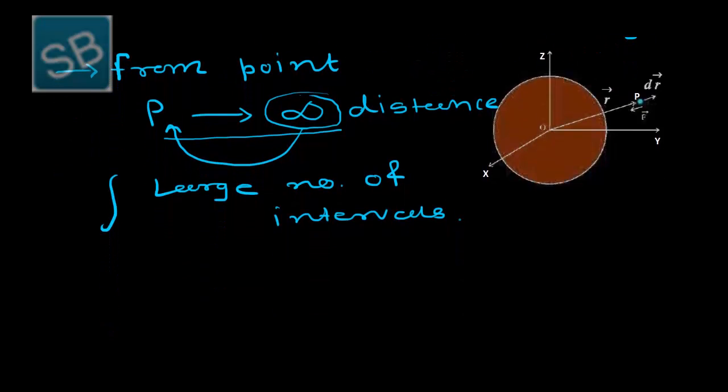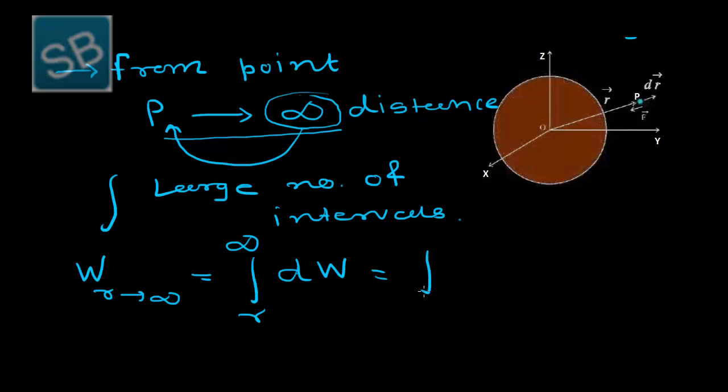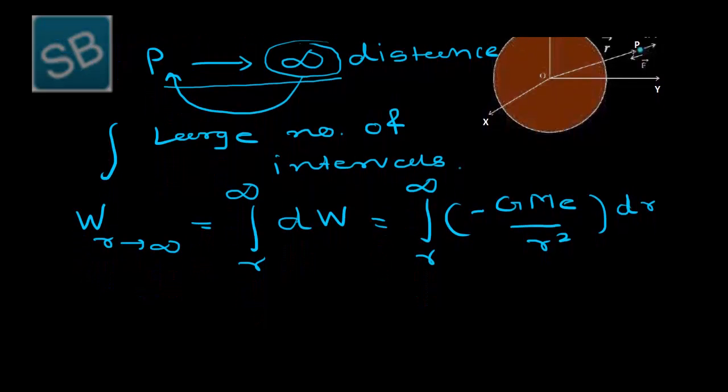And so my work done for the distance r to infinity, and the small element of work I am taking over here, from equation 2 I am substituting the value of dW, minus GMe over r square into dr, and therefore